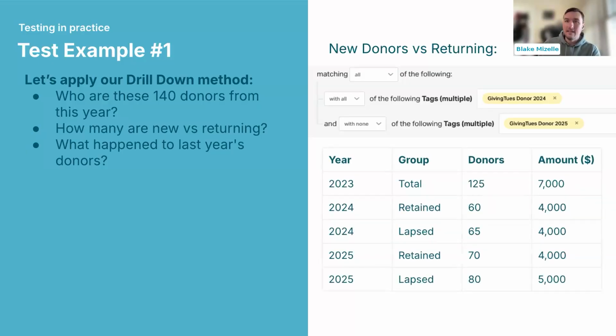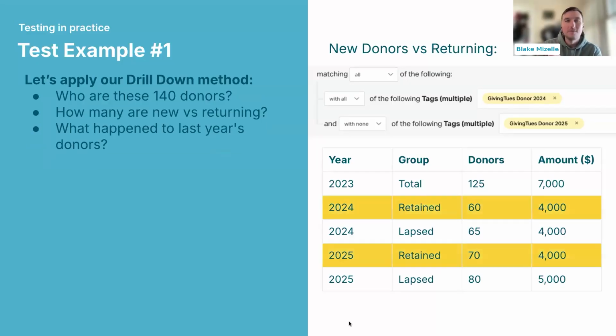Once I do that, I end up with something like this. I've got sliced data in terms of the donors who were lapsed or retained. And then I've got our total included for 23 here, so we can follow that back. Just doing some quick math here, you see in 24, we're retaining 60.